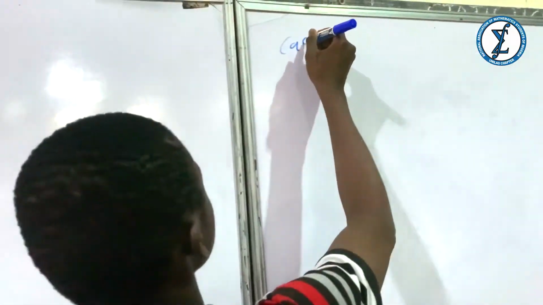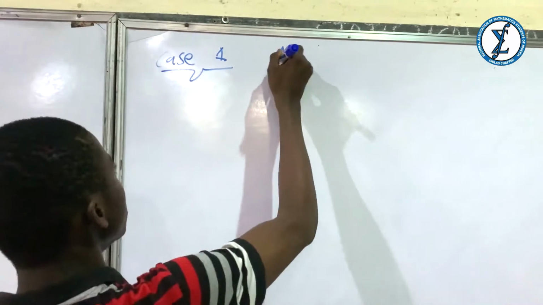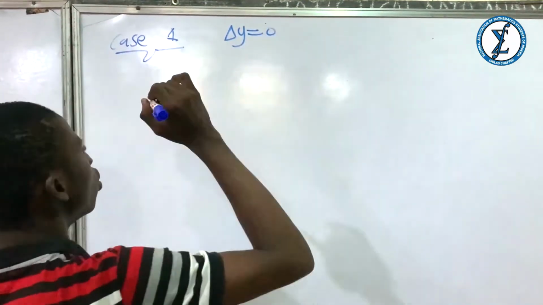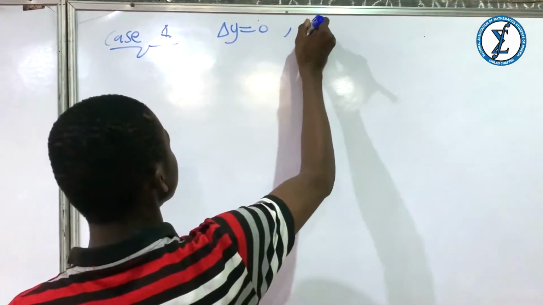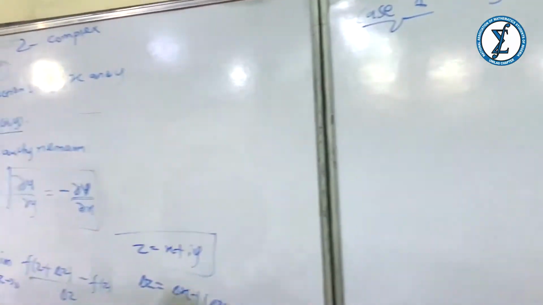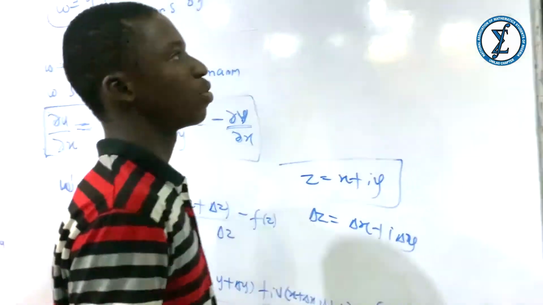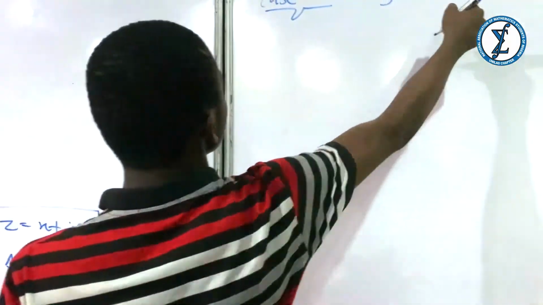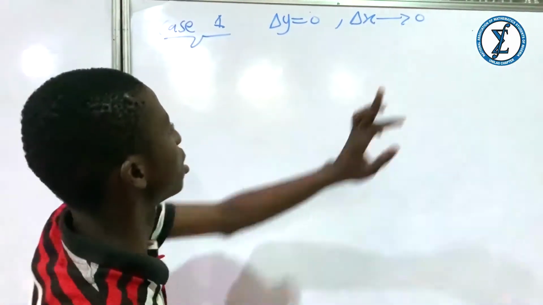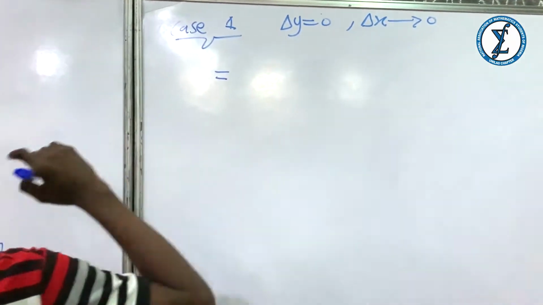Case 1: we are assuming that we're taking delta y to be 0, and let delta x tend to 0. Since I mentioned earlier that if you are finding limits on the complex plane, it is independent of the path. So taking delta y to be 0 and making delta x tend to 0, we have that the derivative becomes